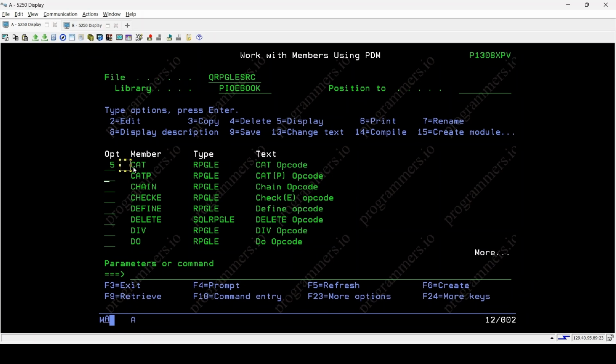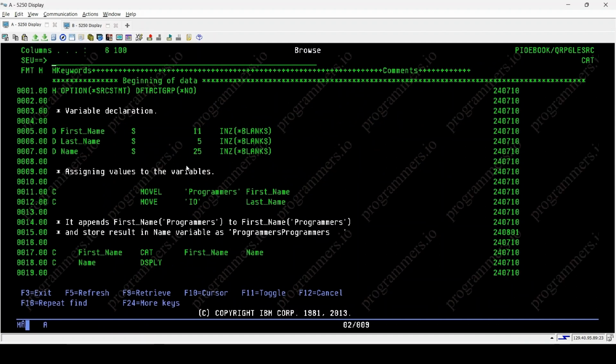Hello. Welcome to our video tutorial on the CAT with opcode extender P operation in IBM RPGLE. In this session, we'll explore how CAT P concatenates strings and manages padding within RPGLE programs, enhancing flexibility in string